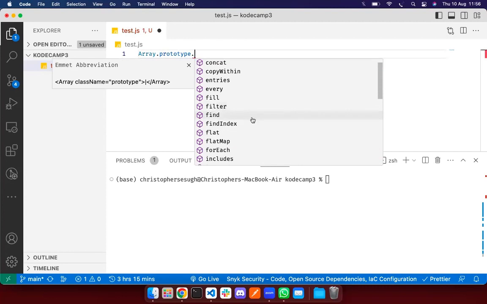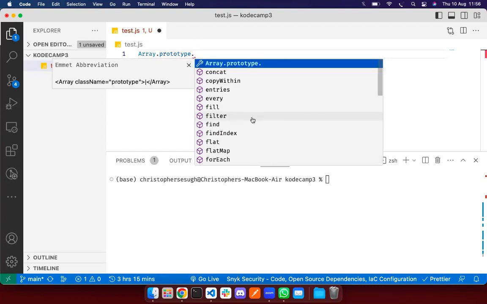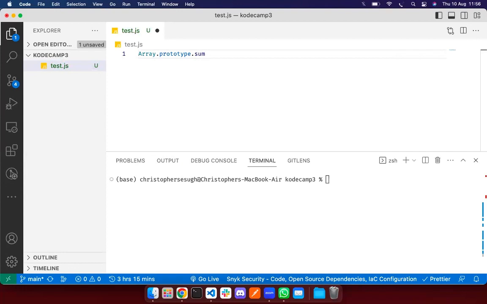You can see other methods here. Once you call Array.prototype, all these are built on the array prototype: the shift, the slice, the concat, the entries, and all of that. So you can actually add your own method. Let's say we want to add a sum method that sums all the elements of an array. We can say it's equal to a function that actually returns